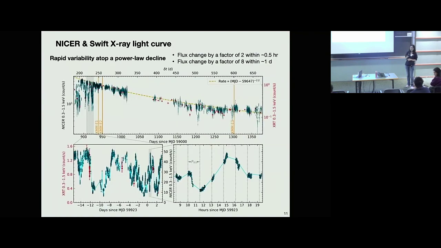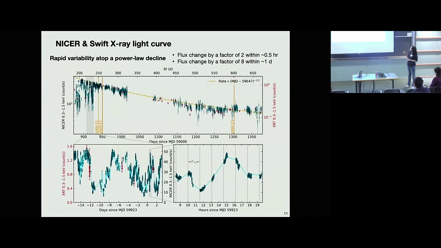Okay, X-ray light curve. So here I'm showing the NICER light curve in blue and the Swift light curve in red. You can see that the TDE has very rapid X-ray flux drops on top of what seems to be a long-term power law decline. At later times, the variability and the drops seem to occur at lower frequencies and the amplitude is smaller. And we did a period search on the light curve, and found no evidence for any periodicity.